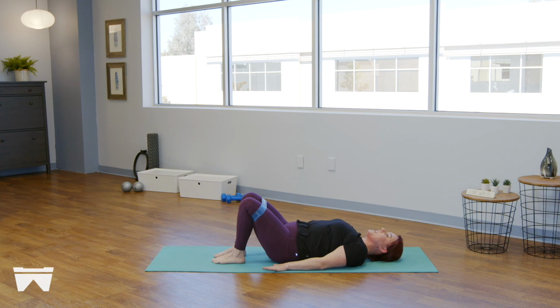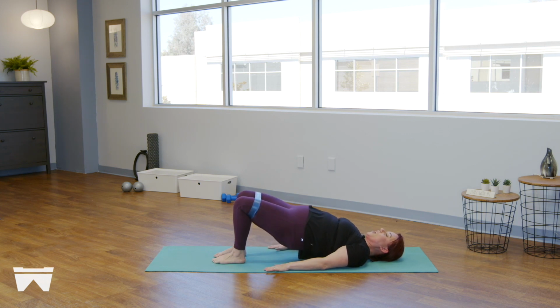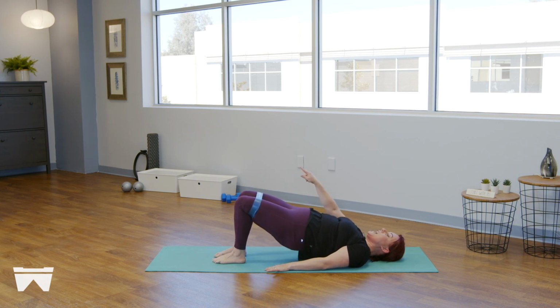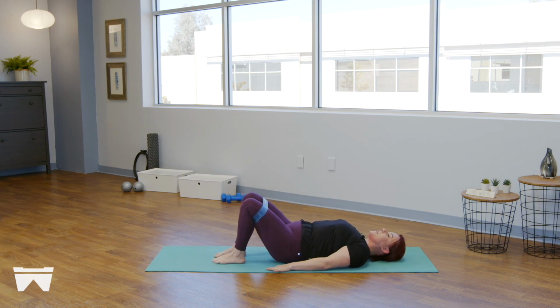Beautiful. From here, we're gonna inhale, peel the tailbone up. Melt the heart down towards the tailbone. And then exhale as you hinge the hips back to the mat. Inhale to peel it up. Think about your kneecaps reaching away as your inner thighs are like suspenders coming up underneath the base of the ribs. Inhale to lift, and then melting it down like your tailbone is going to be the first thing to